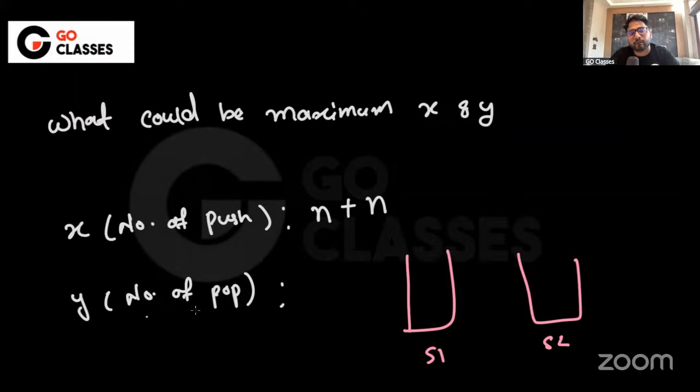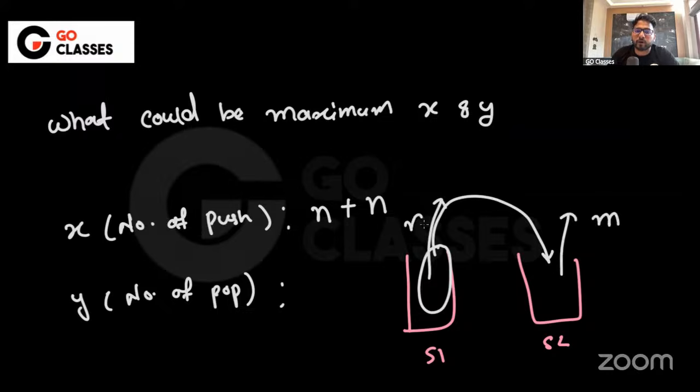Right. And what is the number of pop operations? So basically, the thing here is that my sequence should be such that all the pushes should be here, and all of those should be transferred here, and then all the pop should be here. So number of pop. So first you are popping from here, and then you will be popping from here. But from here you can pop only m. From here you can pop n. So this is n plus m. Okay. So 2n and n plus n.